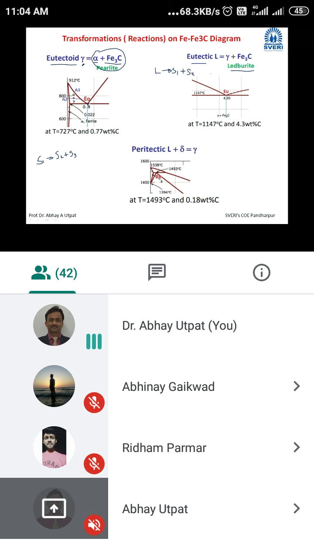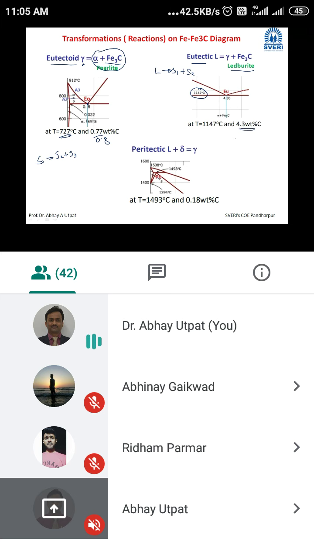What is the temperature? 1147. What was the temperature for the eutectoid? It is 727. See, it is written below the figure. 0.77 means actually 0.8. In some books, it is given as 0.77. So at 1147, the eutectic reaction takes place. L gives a mixture of two solids